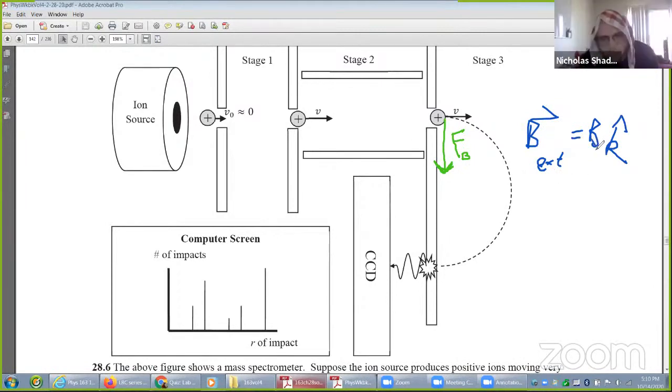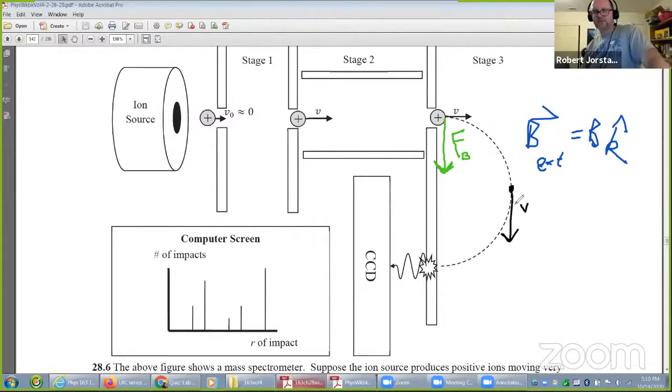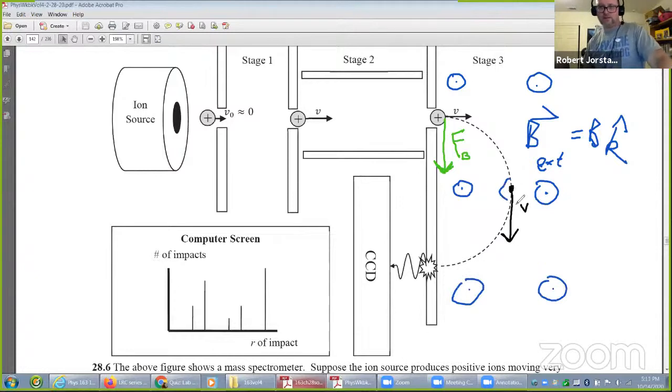I've got a quick question, if you don't mind. The force at that point, the F_B, is pointing down where it's drawn. But what happens near impact? Where is the force pointing? Let's try this one first. So right here, B is out of the page, right? Everywhere over here, it's out of the page. So at the point right here that I'm drawing a circle around,